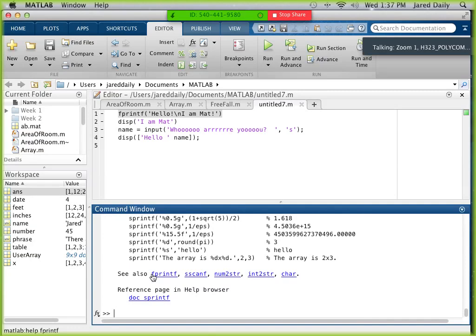What the fprintf did is that you had things you wanted to display on the screen, and you wanted to take a value and put it into a sentence. Take a number and put it into a sentence, for example, and then display that to the screen. With the sprintf, they're going to take a value that you input into something, and